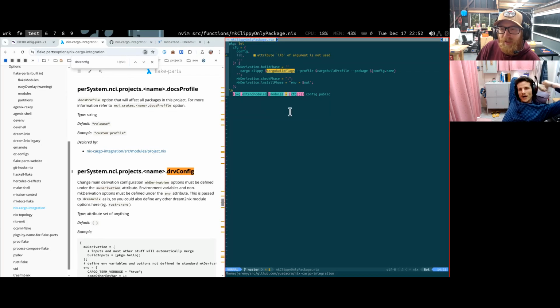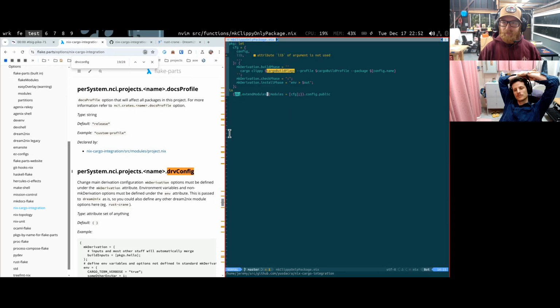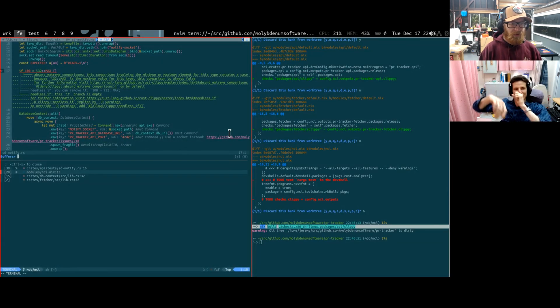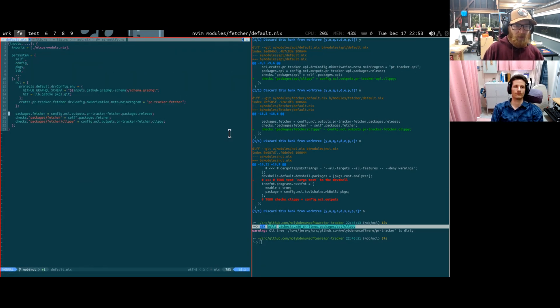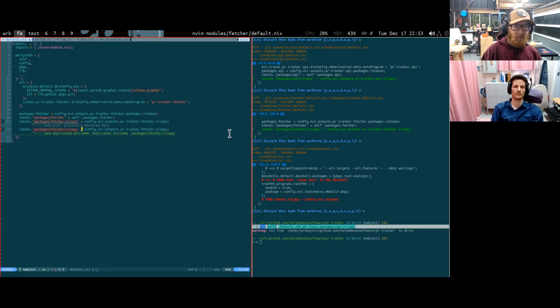But I can imagine why we don't have access to that because it just gets created and immediately descended into. But this feels like something that's floating around in the NCI module system or whatever. It is, but that would be no different than doing what I said. Well, if we can get a reference to it, we can change our line of code where we define these clippy checks. That would be in fetcher default. Like right here could instead become something like, get our hands on that package and add in the stuff we need right here. The alt targets and, basically